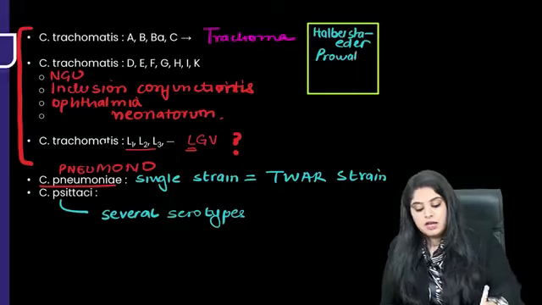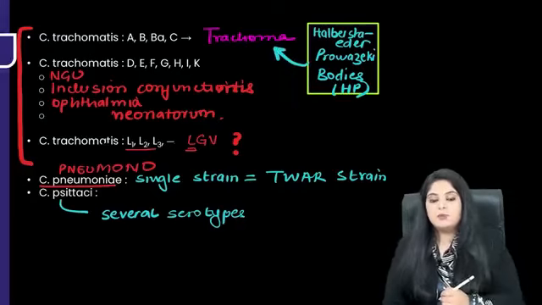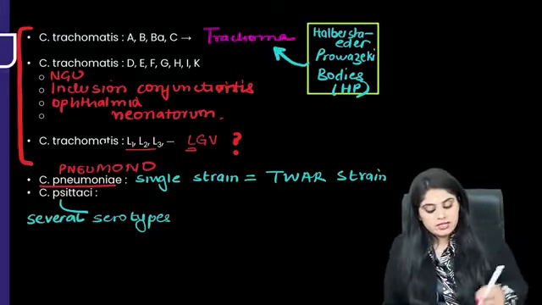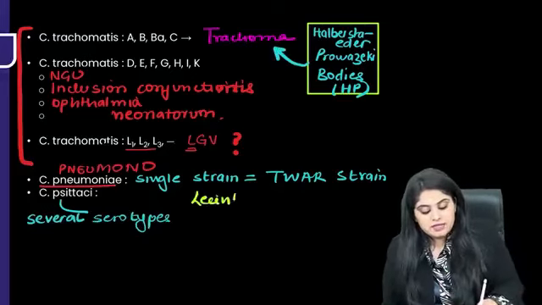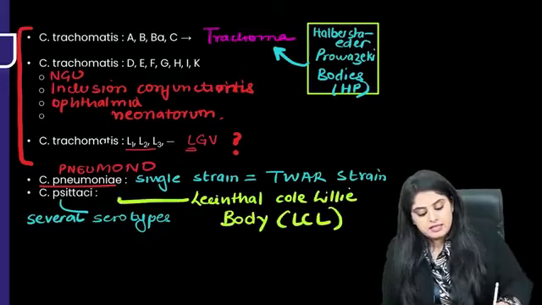Halberstaedter-Prowazek bodies are going to, in most places you don't see the full form, they write it as HP bodies, right? Halberstaedter-Prowazek bodies are seen in trachoma, which is very important information that you have. Whereas there is another question you end up seeing: where do you see the Leventhal-Cole-Lillie bodies? LCL, it will be written as, and that is seen in chlamydia